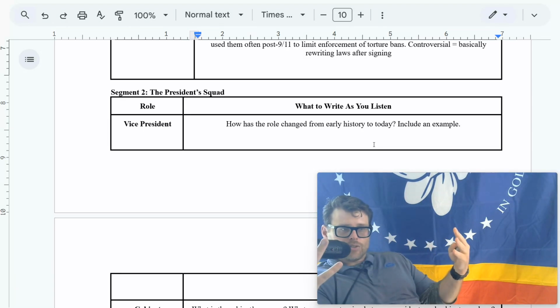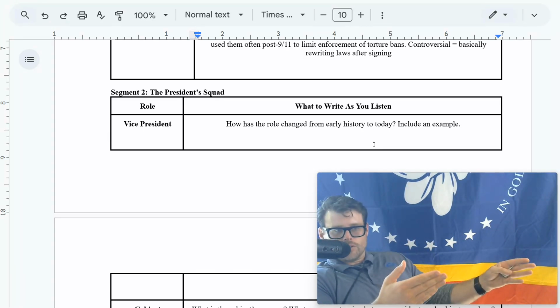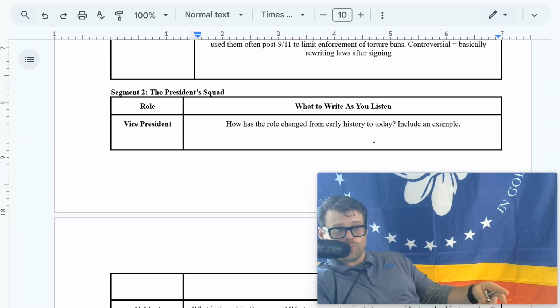And once the election's over, some vice presidents are told, go off into the corner, sit there, and don't cause a problem, while others are asked to help run the executive branch. Very much like J.D. Vance right now with Trump. He's being used to help run government. He's very much an active vice president. While there are some others who are not really meant to do much other than sit there, cause no issues, and get them reelected.